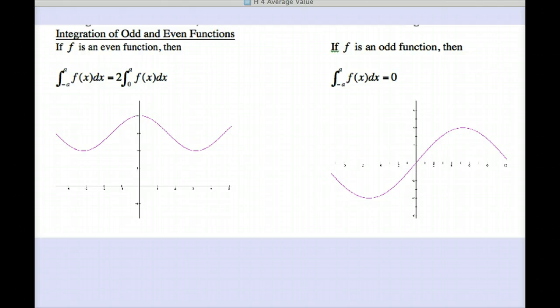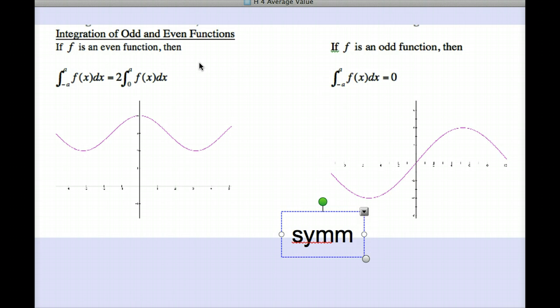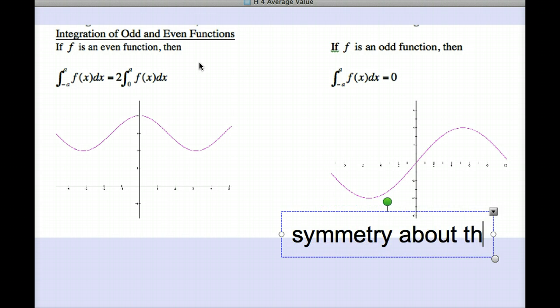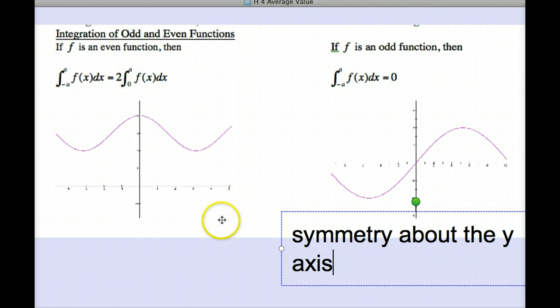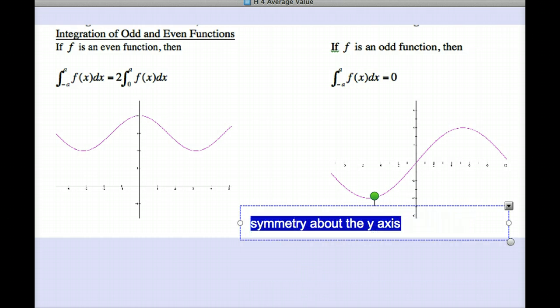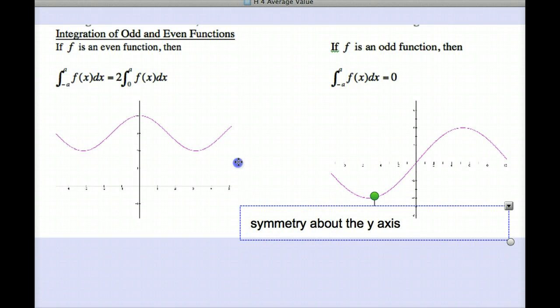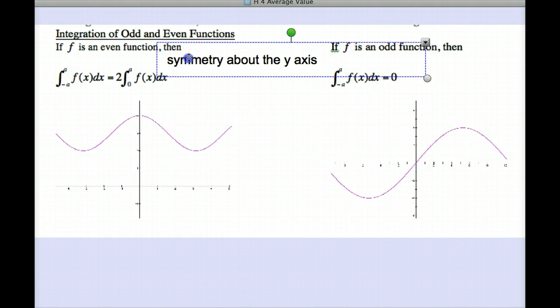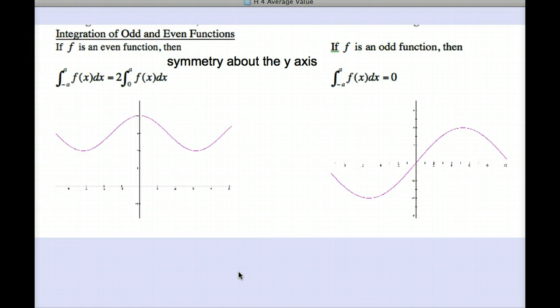So by definition, an even function has symmetry about the y-axis, right? So let me move this up into the right area. And anytime I have an even function, the symmetry is based on the y-axis. So if you take a look at this graph that I have right here, if I break it down in the center,